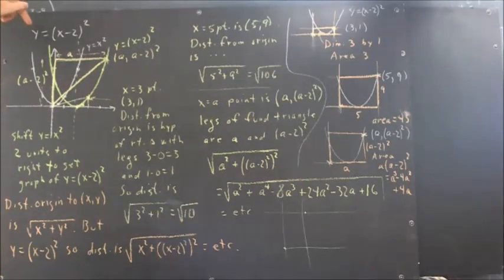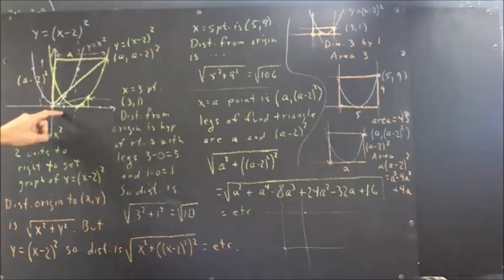We're given the function y equals quantity x minus 2 squared, or if you prefer, y equals f of x equals quantity x minus 2 squared. First thing we want to do is construct a graph of this function. We started by constructing the graph of y equals x squared, the white graph here,